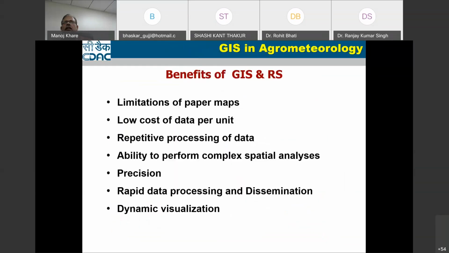So basically, what is the benefit of GIS and remote sensing in agriculture? One is overcoming the limitation of paper maps. Then low cost of data per unit, so you can generate data at very low cost per unit. Then repetitive processing of data: this year you can do it, and next year you can use that data again. Then the ability to perform complex spatial analysis, and precision: if you want to know the exact area where two conditions are matching, doing it manually will not work, but